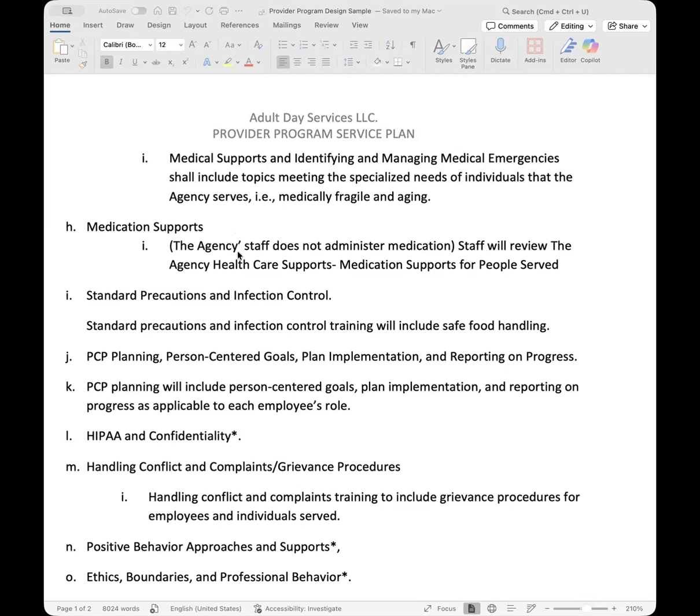Okay. If you are somebody that's going to be administering medication, like I was just talking to Jasmine a little earlier, if you're not going to be administering controlled substances, but a client comes in with a controlled substance, is your staff trained to identify what's a regular medication, what's a controlled substance? So there's a lot of training that needs to be provided if you're going to be providing medical supports, which is why they require you to have a nurse on hand, to assist with that, to oversee that process.